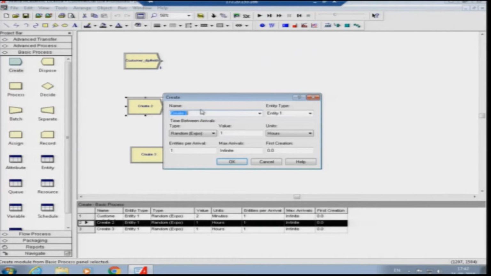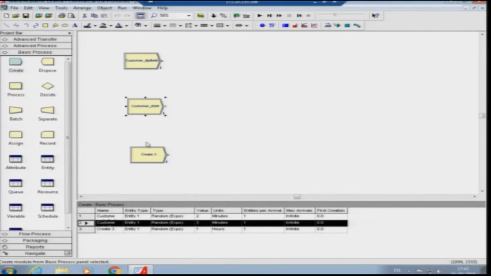Similarly here also, customer draft. So also I can put it into minutes. 3 minutes per one customer, a customer arrives in each 3 minutes.